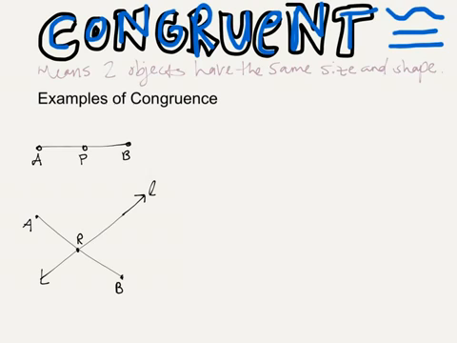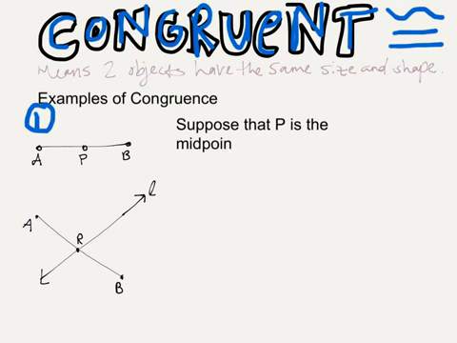Okay, so we're going to call this scenario 1. And I'm going to give you some details that aren't in the picture. So go ahead and draw the picture and then write in this text. So suppose that P, that's point P, is the midpoint of AB. And I'm going to fix that. Then,